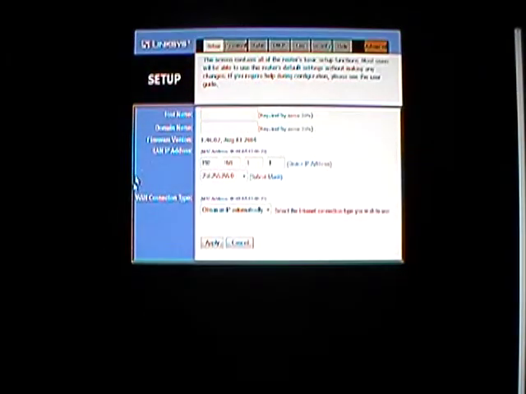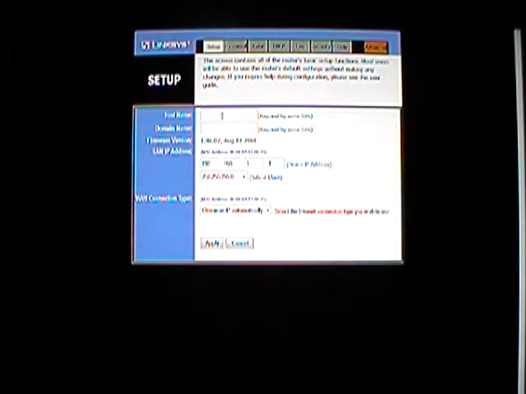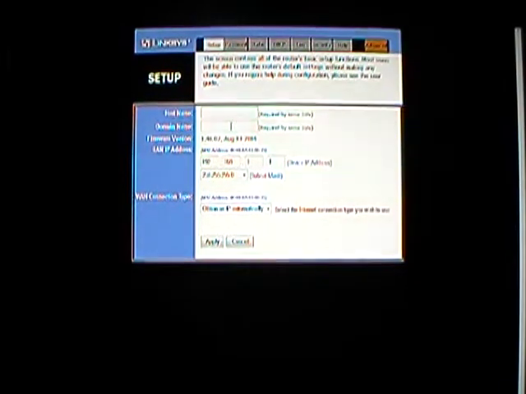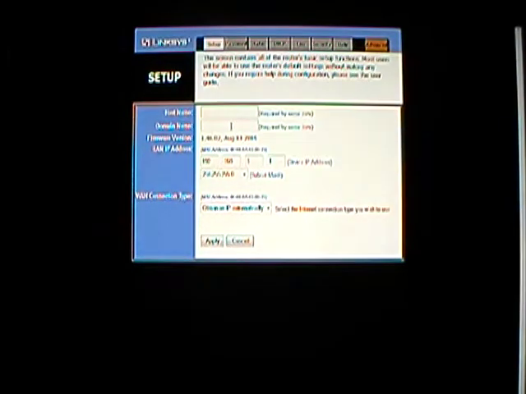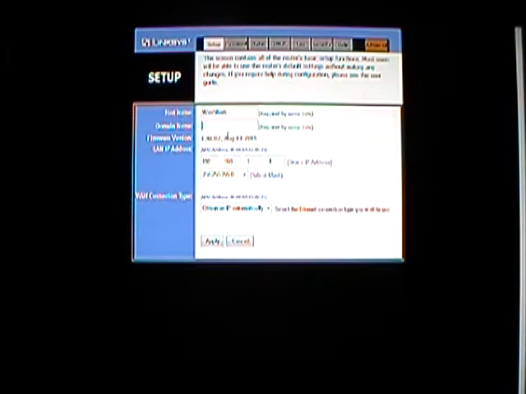So once you're in this, you're gonna basically have a host name, a domain name. You can name these whatever you want. Host name on this, I'll just say Wireshark. And on the domain name, I'm going to call this the Batcave. And I'm going to go ahead and hit, I want my wide area network connection type is obtain the IP